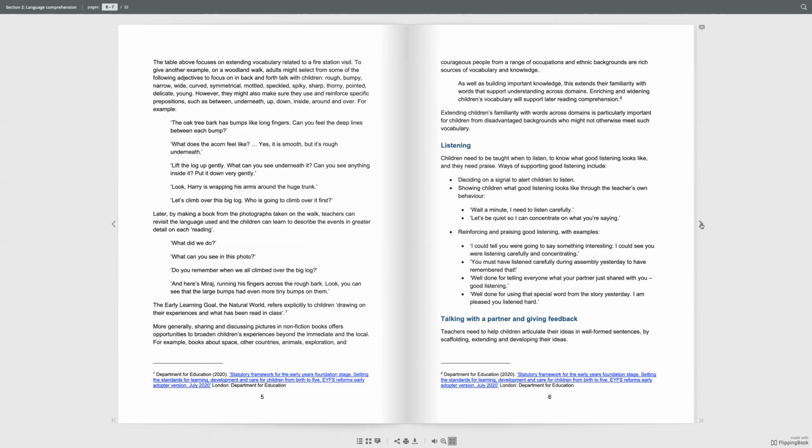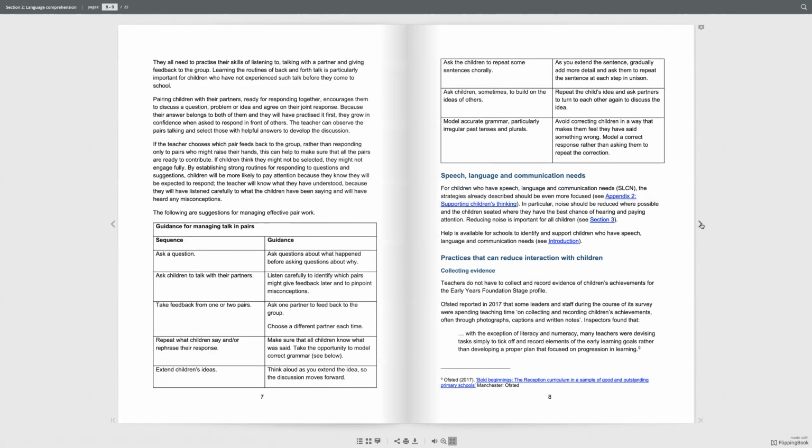Talking with a partner and giving feedback. Teachers need to help children articulate their ideas in well-formed sentences by scaffolding, extending, and developing their ideas. They all need to practice their skills of listening to, talking with a partner, and giving feedback to the group. Learning the routines of back and forth talk is particularly important for children who have not experienced such talk before